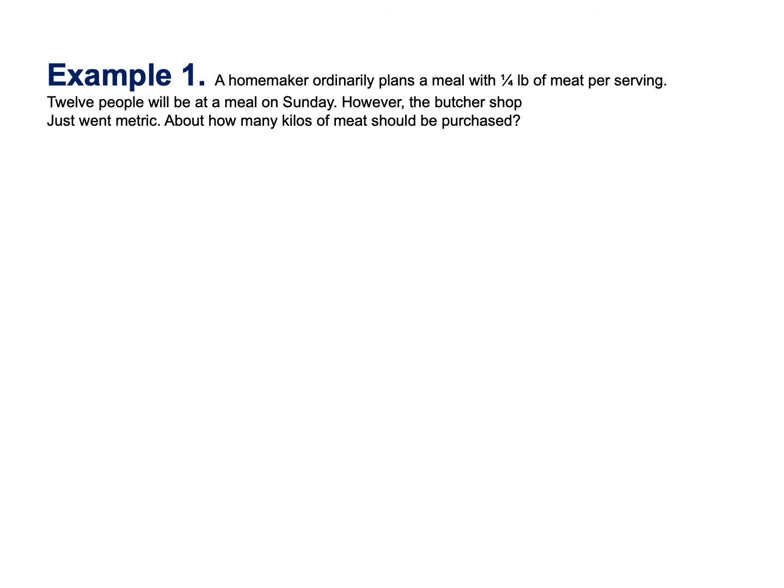Okay, let's do a couple of examples to see if you understand the material we covered so far. The first example is a meal plan. It uses a quarter pound of meat per serving, and there are 12 people at a meal. So we can check how many pounds of meat we need to serve 12 people. So we need 3 pounds